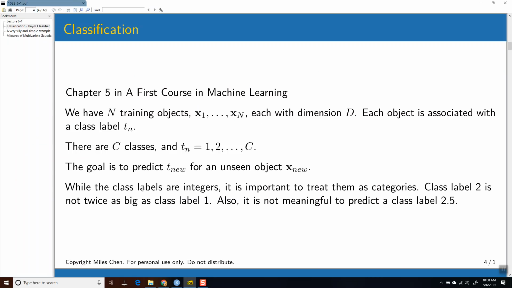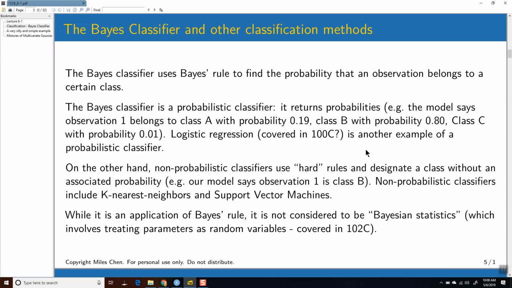And anyway, the goal is that we get some kind of new object in our test case, which is going to be our observation x new, and for that case we want to predict the class label t sub new. Okay, so this is just the classification problem, and we touched upon it with the neural networks homework, but today we'll look at the Bayes